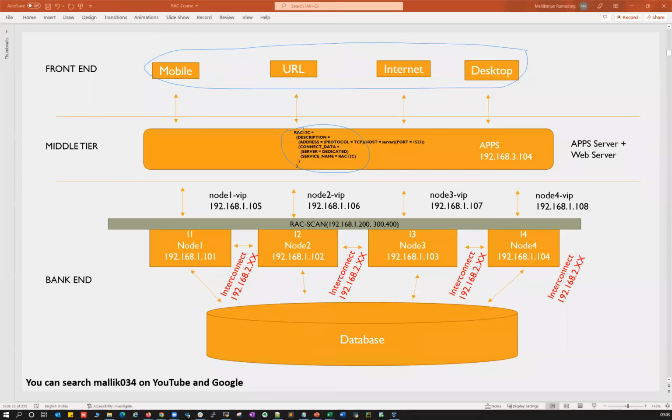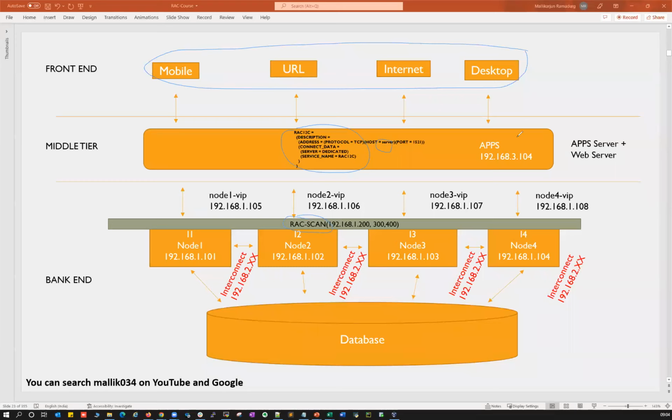The scan connection, you can see we are using this RAC 12C. This RAC 12C will be internally pointed to your scan name here. The moment they connect using the scan name, their connection will go to any one of the cluster nodes. For example, this is your RAC scan here. They will be using this RAC scan in the TNS names here. The moment they use the RAC scan name in the TNS files, they connect using this